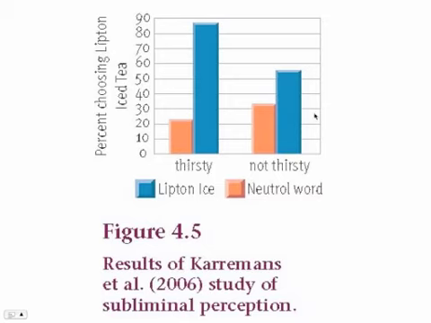And so you can find that when people are not thirsty, the likelihood of choosing Lipton iced tea is about 50%, but they're only about 31% at choosing something that's not Lipton iced tea. But if they're thirsty, now they're way up close to 90% to choose Lipton iced tea and hardly at all likely to choose the neutral word that's not related to Lipton iced tea. So that's the mere exposure effect. Just exposing people unconsciously to information makes it more preferable to them, at least immediately after, if there's not much of a delay. So there's the power of unconscious perception for you.